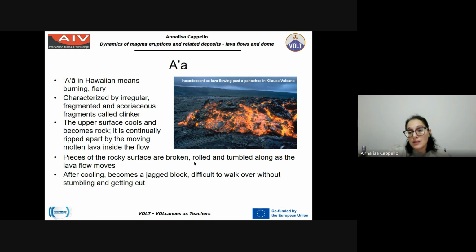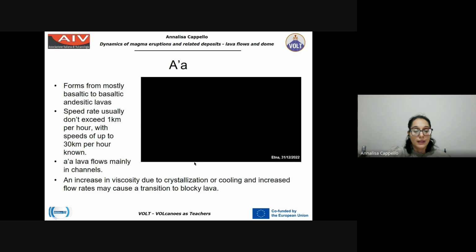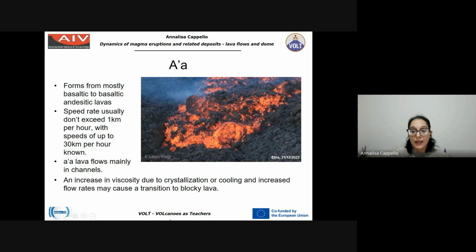The characteristic of this lava is that after cooling, it becomes a jagged block that is very difficult to walk over without stumbling and getting cut. So the characteristics of this lava are high viscosity, cooler temperature, and slow movement. And this is a video of Etna in December